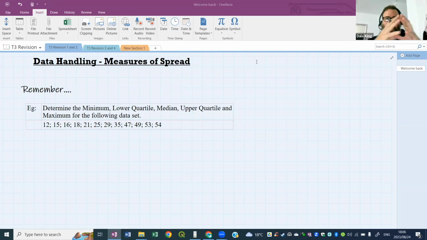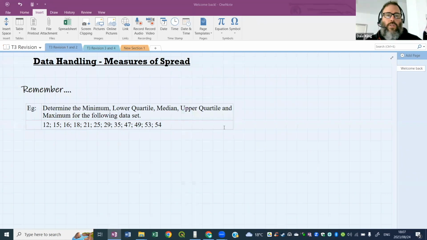So spread is how the numbers are spread out. Are they spread out evenly? Are they all bunched up to the one side or the other side? Or are they all packed in the middle, or all packed on the sides? Is it an even distribution of numbers? Yes, range. Good job. So range is another measure of spread. It's not in this example, but it will come up later on. We will talk about it tonight. I think you even got a range question in the